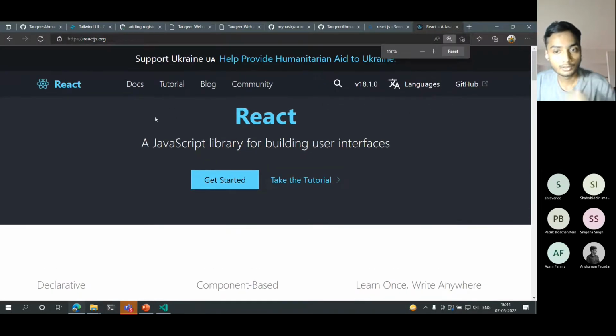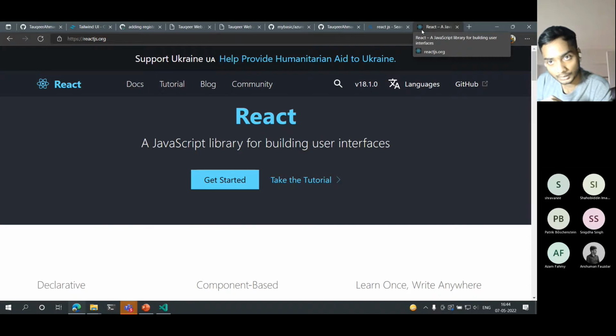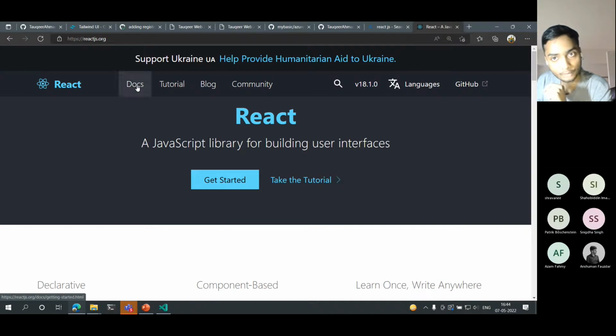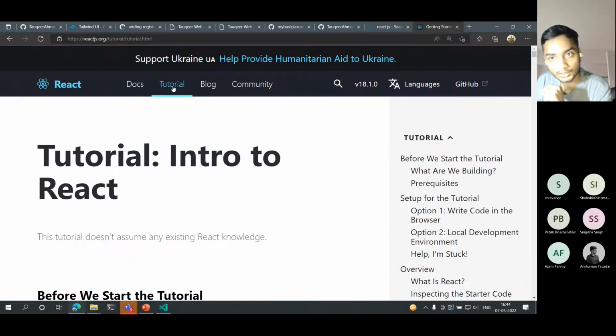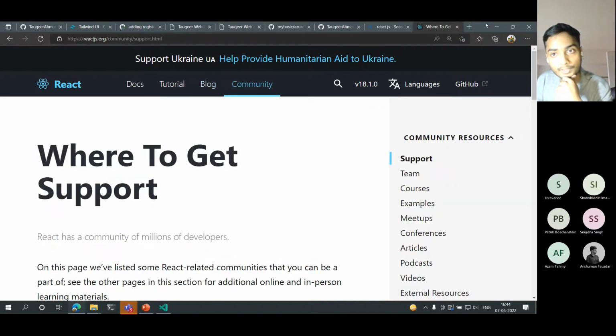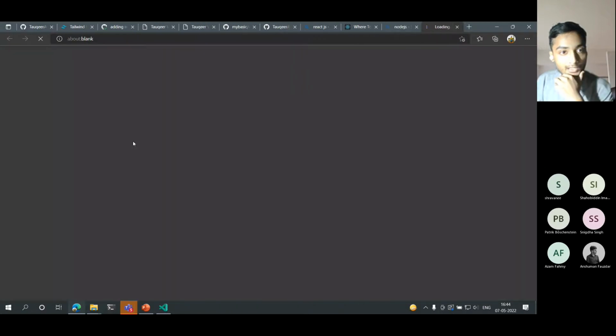Do you know what is a single page application? Let me zoom in. What is happening over here is, you see a lot of links over here. See the icon. Do let me know if it gets changed. I click docs, it didn't get changed. I click tutorial, it didn't get changed. It remained on the same page. Although we are seeing new content, it still didn't reload. Blog, community, on the very same site. Node.js, that's a backend.